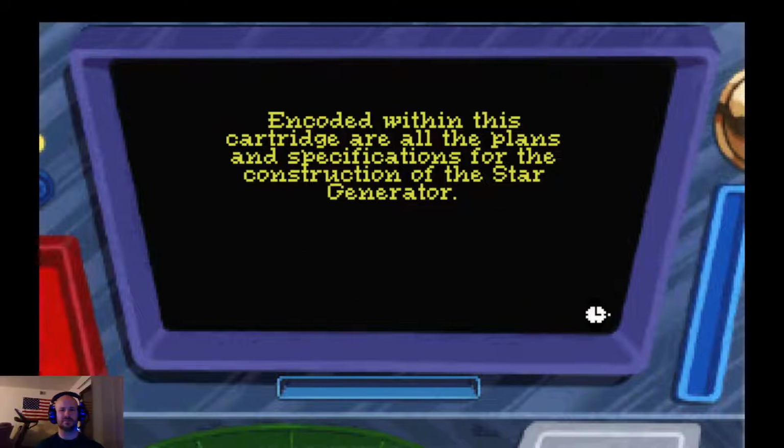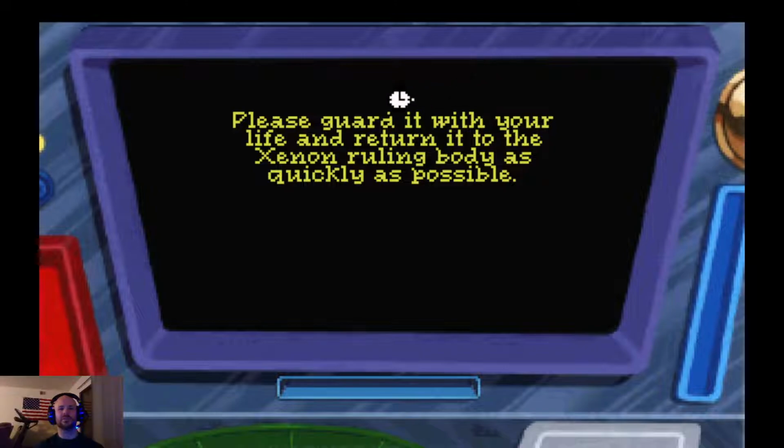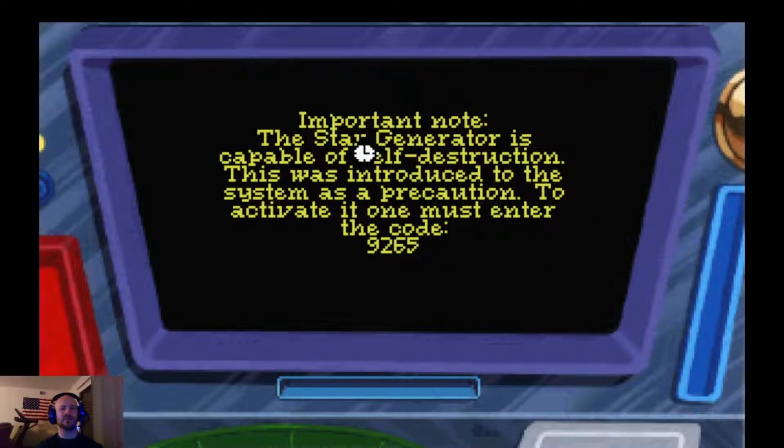the Sarians. Encoded within this cartridge are all the plans and specifications for the construction of the Star Generator. Should any disaster befall the Star Generator project, scientists would be able to create a duplicate of the Star Generator with this information. Please guard it with your life and return it to the Xenon ruling body, as quickly as possible. Imperial note, the Star Generator is capable of self-destruction. This was introduced to the system as a precaution. To activate it, one must enter the code